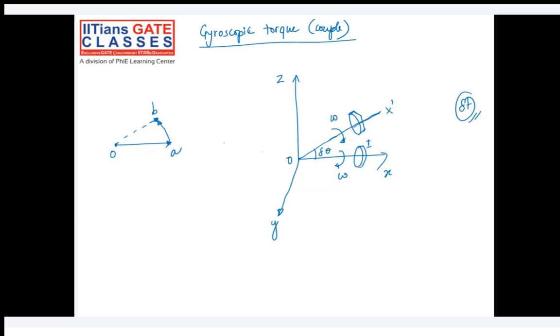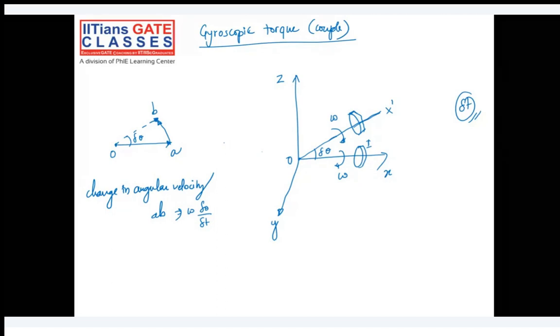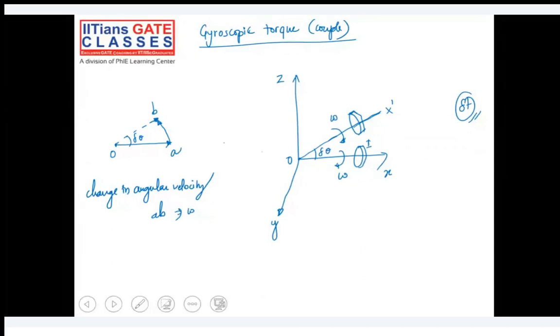How will you calculate this change in angular velocity? Can you tell me? It is represented by AB, the change in angular velocity. This is your delta theta. The change in angular velocity will be omega delta theta, and the angular acceleration in this case would be,